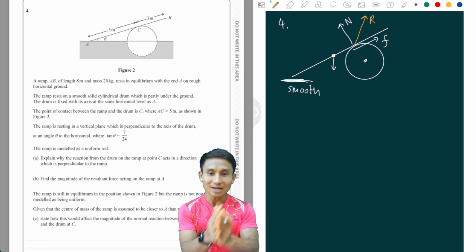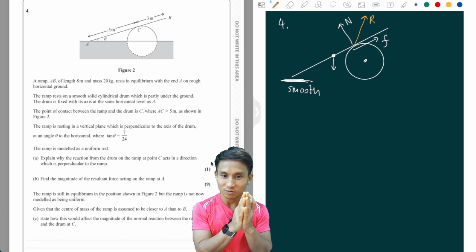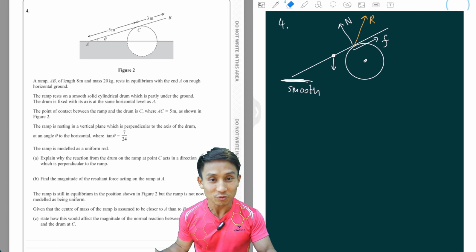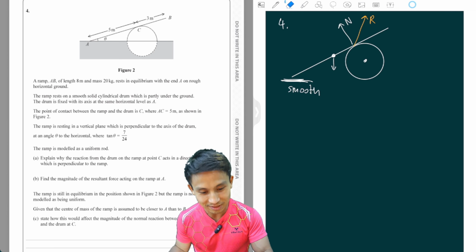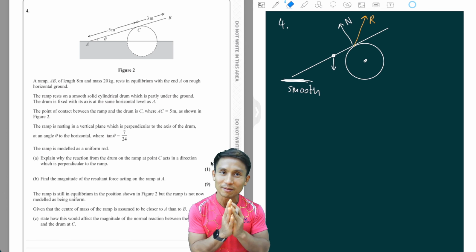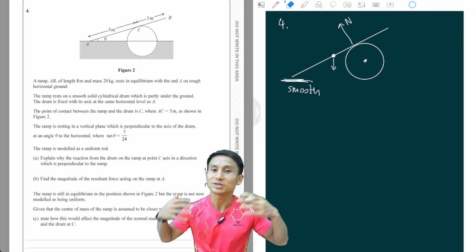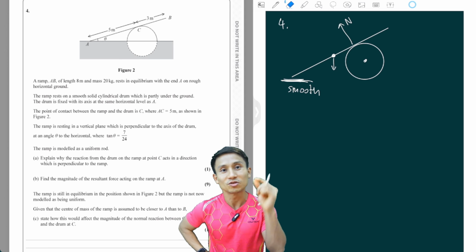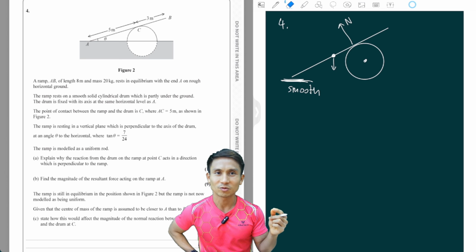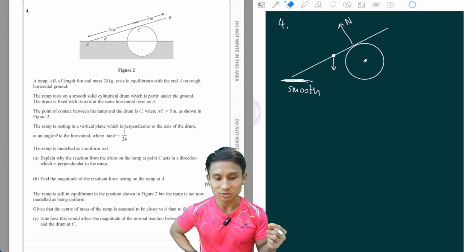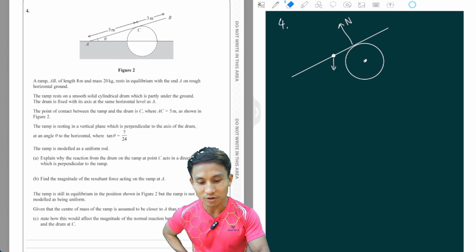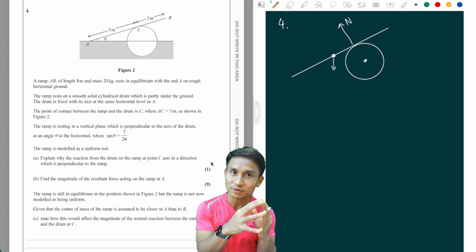Yeah? And that is not perpendicular, right, to the ramp. But if there is no friction, and of course there is, that's the case, then you don't have any component of force acting along the ramp. That means the R will still be the same as the N. So N here is normal reaction, and R is the resultant of the reaction, where it takes into account the friction as well. Okay, so I'm just saying here that because there is no friction between the drum surface and